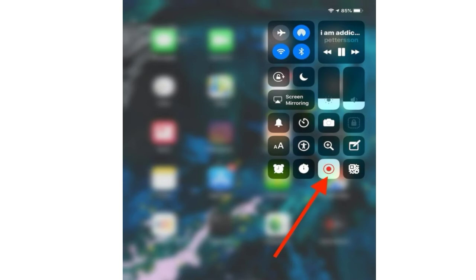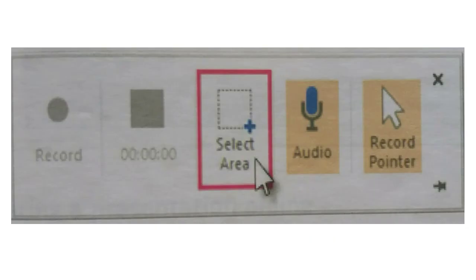Go to the slide onto which you would like to add screen recording. Go to the Insert tab and select the screen recording option. Upon clicking screen recording, a control dock will appear. Use the crosshair cursor to select the portion of the screen that needs to be recorded.